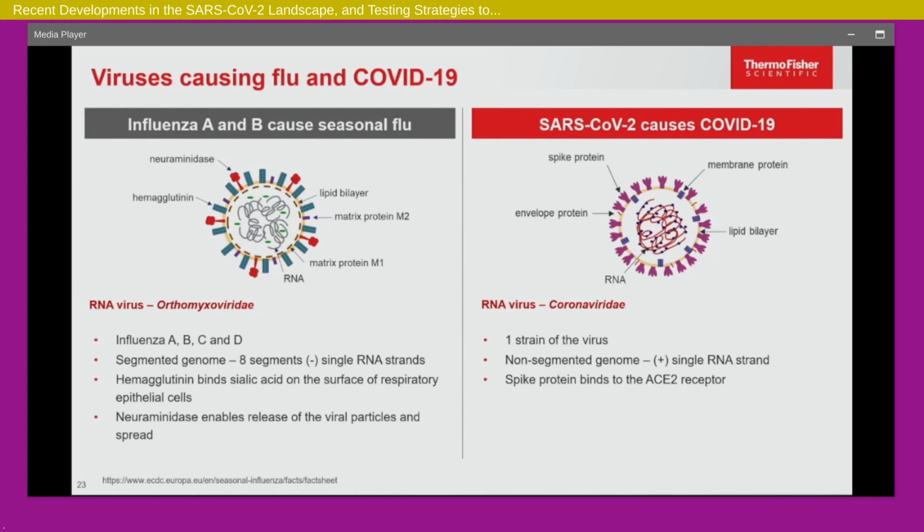The two specific proteins are the hemagglutinin and the neuraminidase. That's why we use the letters H and N, and you will see H1N1, H3N2. These are the two proteins on the outside. With SARS-CoV-2, you have the spike protein on the outside. It doesn't have the similar H and N, but it has a spike protein. Again, with SARS-CoV-2 you have one strain but different variants.